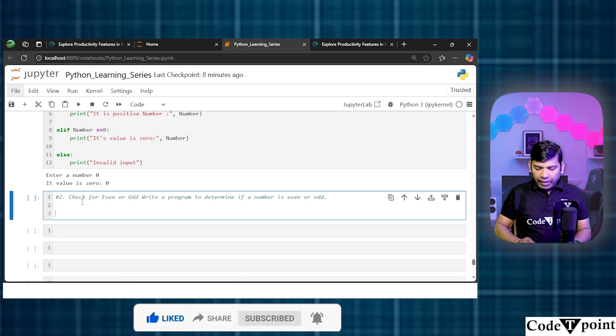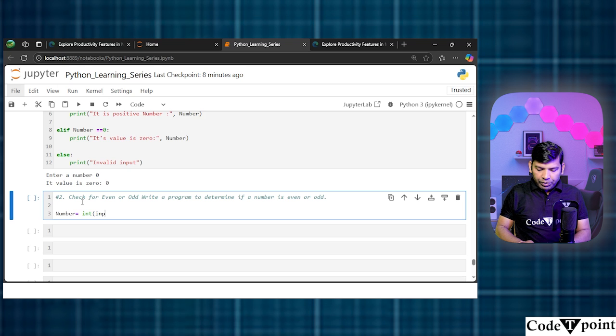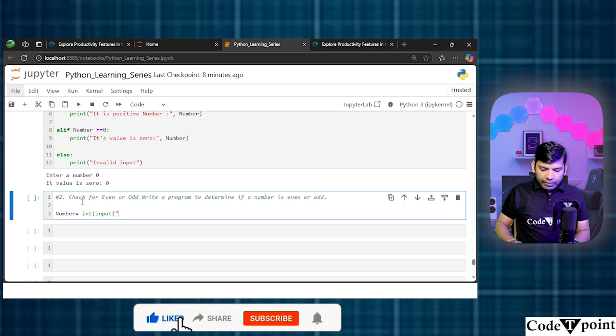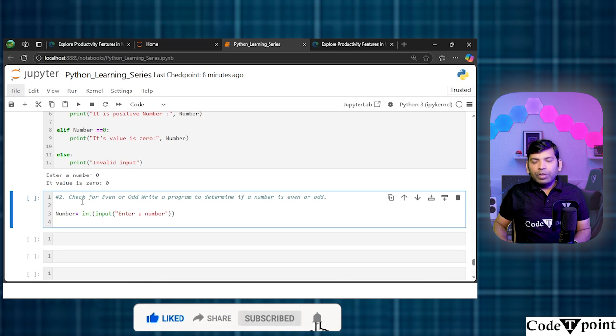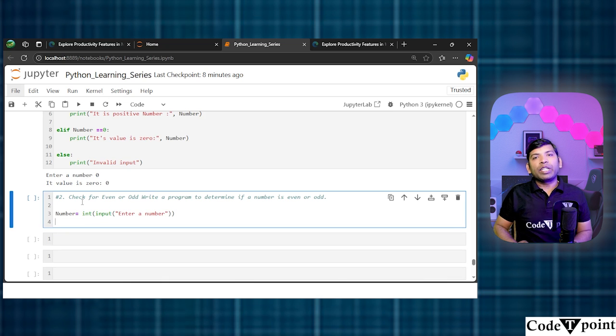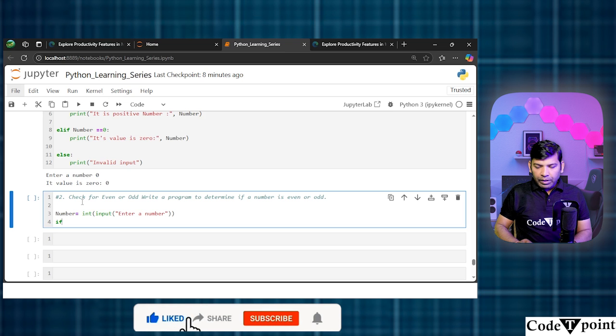So again, we are going to use number and take the prompt values. This time input, again, enter a number. Now we are going to test for even and odd. If number